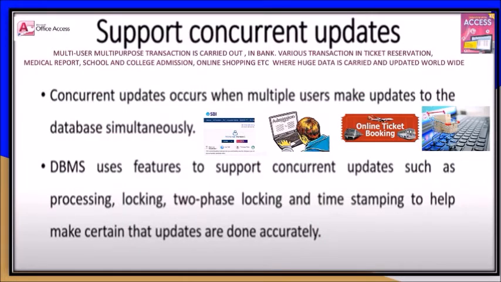Support concurrent updates. For example, multi-user and multi-purpose transactions are carried out in banks, various transactions in ticket reservation, different medical reports in hospitals, school and college admission, online shopping, etc., where huge data is carried out and updated worldwide. So it requires concurrent updates, which occur when multiple users make updates to the database simultaneously.